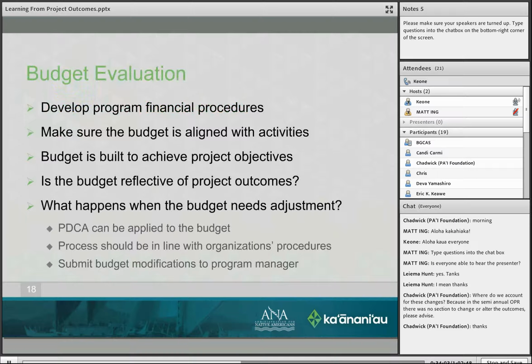One thing that a lot of people don't want to talk about too much is budget evaluation, because sometimes budgets are the 1,000-pound gorilla in the room because people understand that budgets can be very, very emotional and can be personal, and it shouldn't be. So you have to look at budget evaluation. You have to develop your program financial procedures,